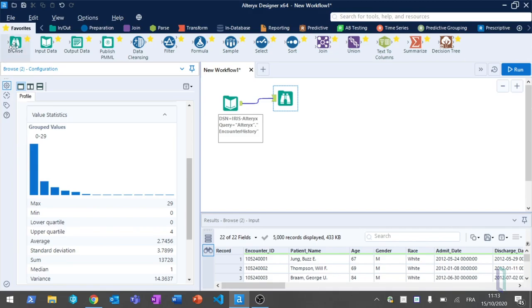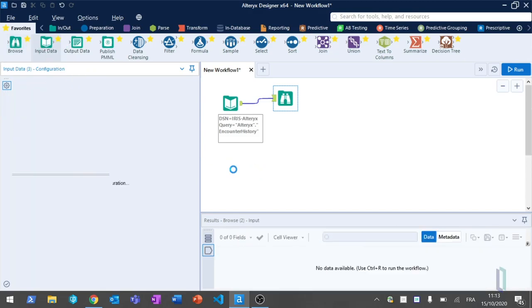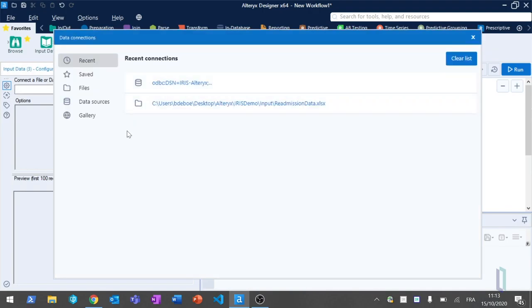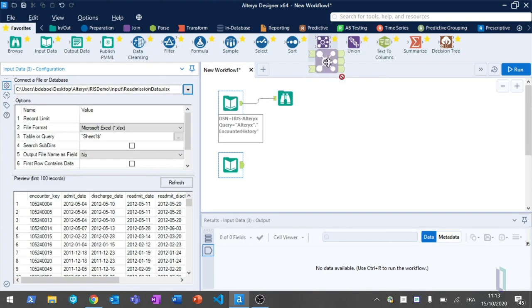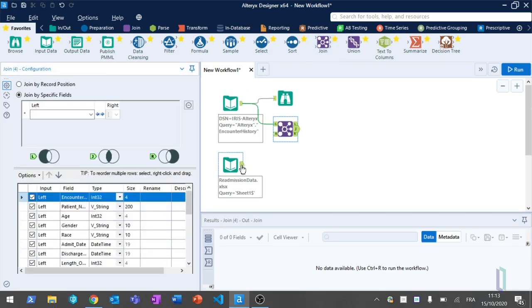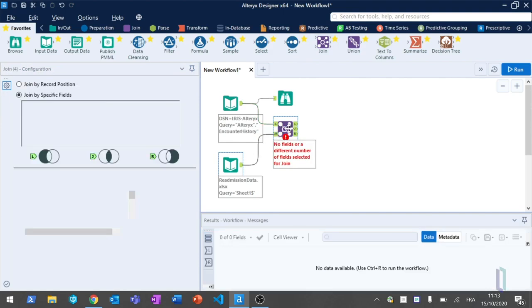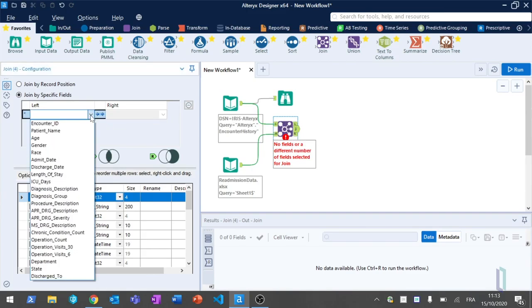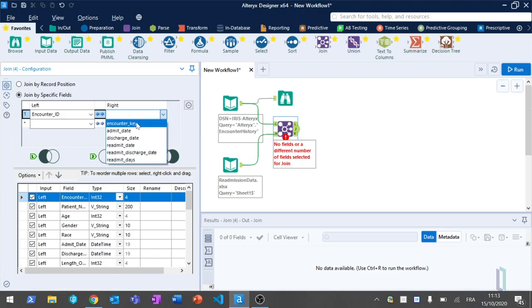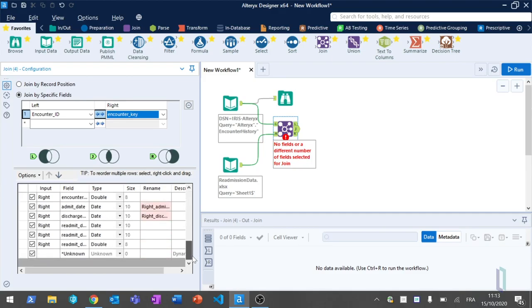days. Now, I would like to join this data to data from, say, an Excel sheet that contains the actual readmission information for some historical piece of data. So in order to join this, I'm going to pull these two pieces of information together, so I don't have to learn any specific join syntax, and these simple icons tell me what at the other end of my join tool comes out. So I'll be joining encounter ID from my database to the encounter key field in my Excel file, and I'm going to only keep from the right-hand side, so from my Excel sheet, I'm only going to